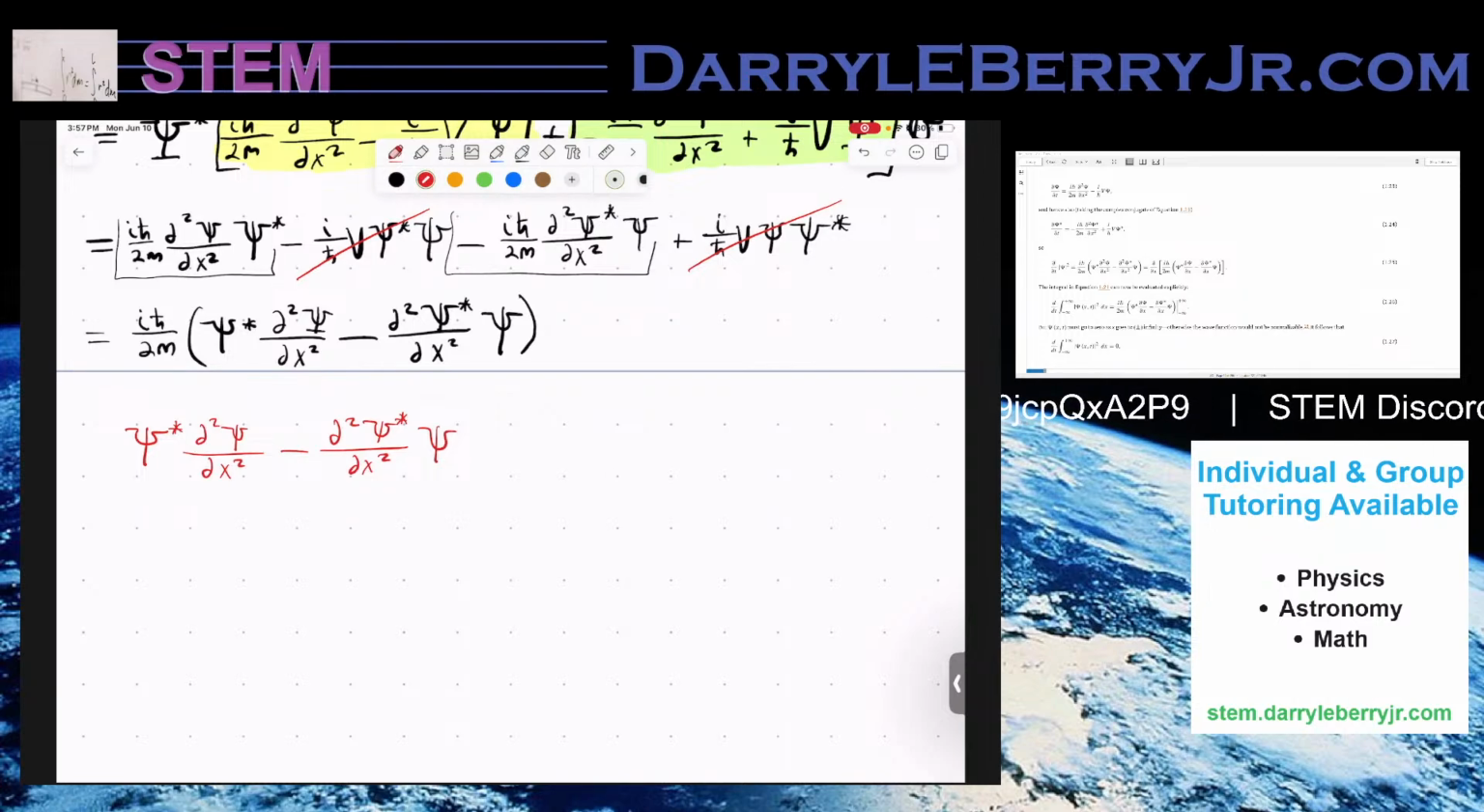What do we have? Partial derivative of 1. So for instance, if this was the partial derivative with respect to x of the complex conjugate and the partial derivative of psi, minus